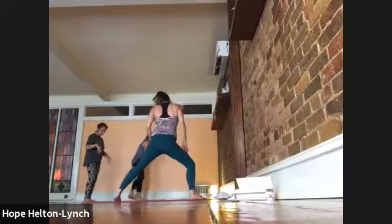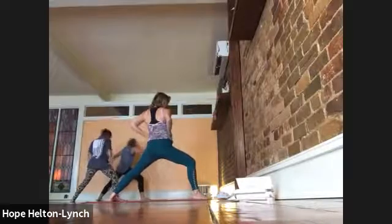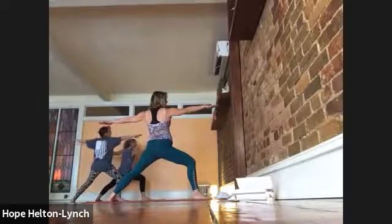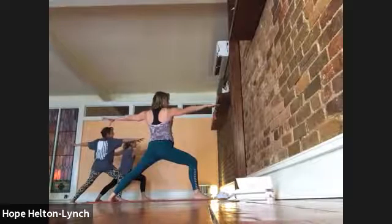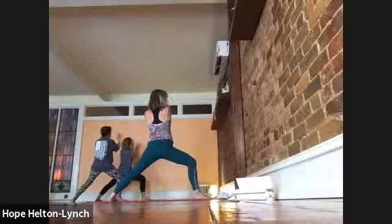So warrior two on this side. Arms up parallel, get all those things lined up, torso straight up, knee tracks open, find your breath. And then we're bending our elbows, bringing our hands to face inward and sit the right elbow on top,